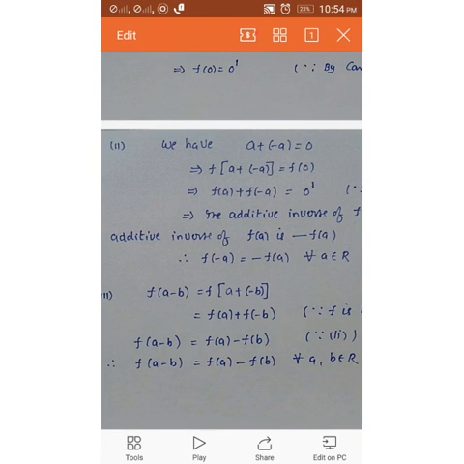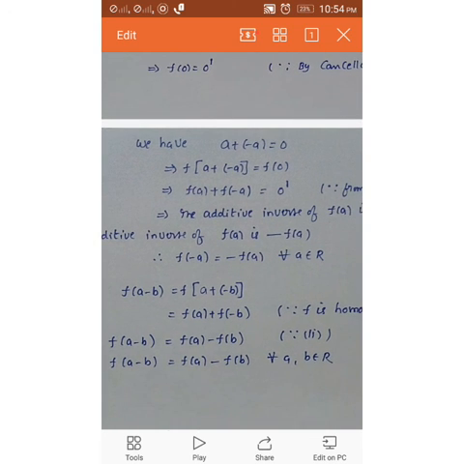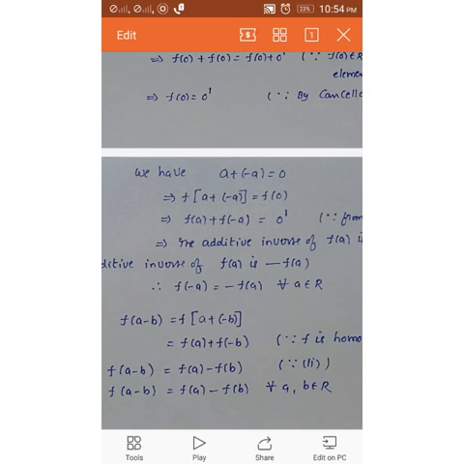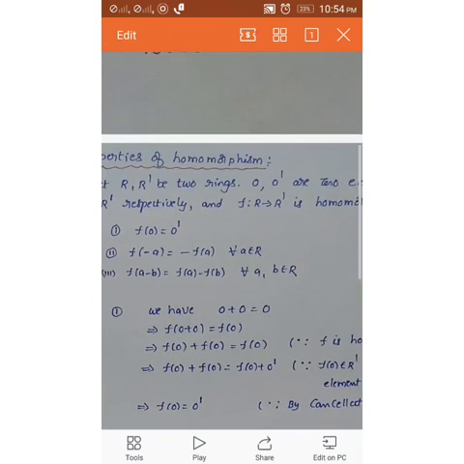If plus is there, we know that f of a plus b equal to f of a plus f of b, since f is a homomorphism. Therefore f of a plus minus b can be written as f of a plus f of minus b. And from the second part we proved f of minus a equal to minus f of a. Therefore f of minus b can be written as minus f of b. Therefore we get f of a minus b equal to f of a minus f of b. Therefore the three parts are over. And we have to remember,